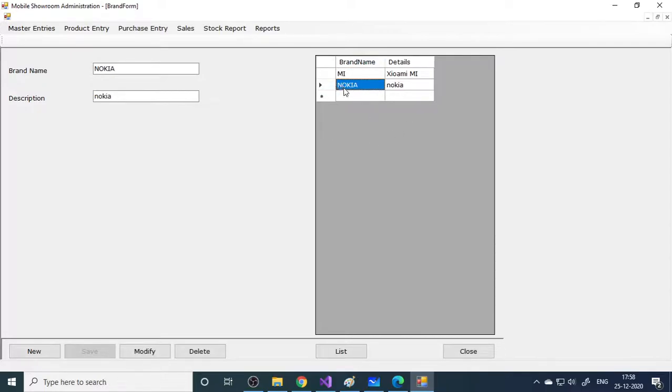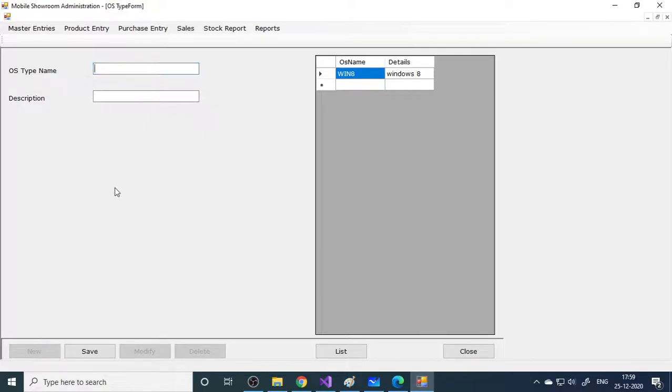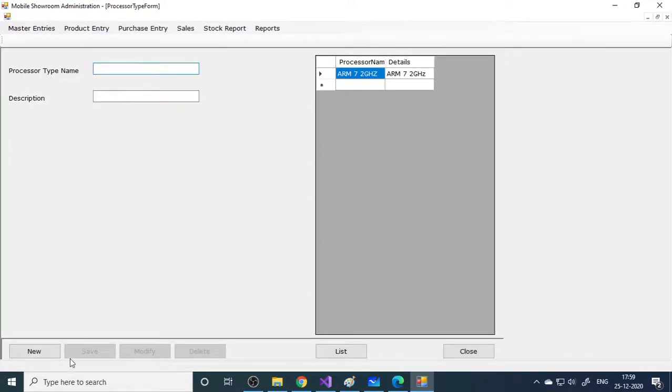When I click here, again we send the data back to the text boxes. Now we are able to modify and then delete. Next is the OS step: Windows 10, then Android OS, and the other OS. Then we have processor details.